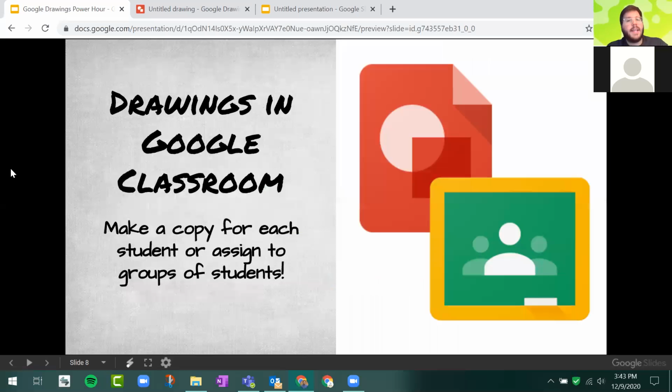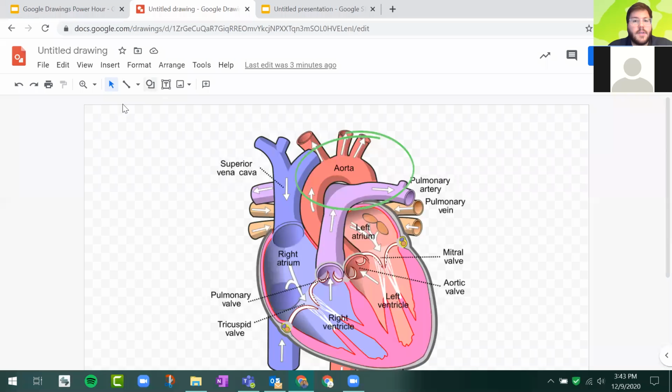All right. Next thing here is using Google Drawings in Classroom. Basically, it's kind of the same thing if you've been using Google Classroom for a while. There's nothing really new here. The big thing is make a copy for each student or assign to groups of students. So what I'm talking about here, I'll just do this,